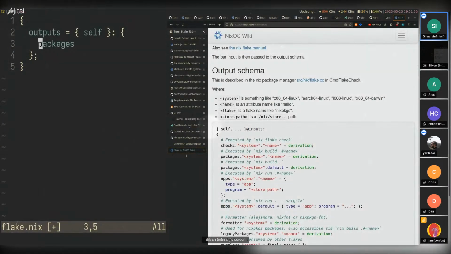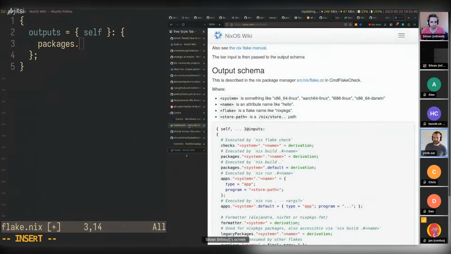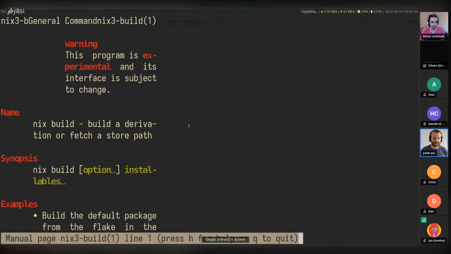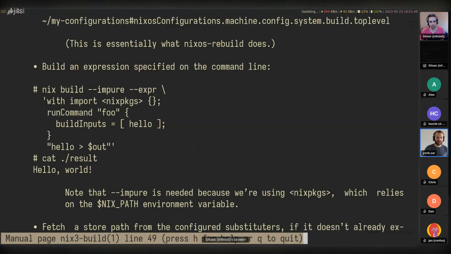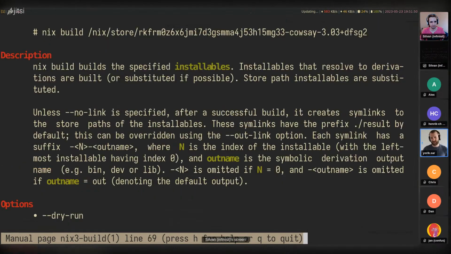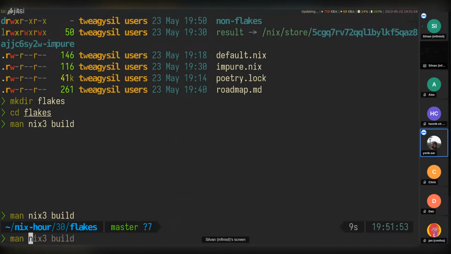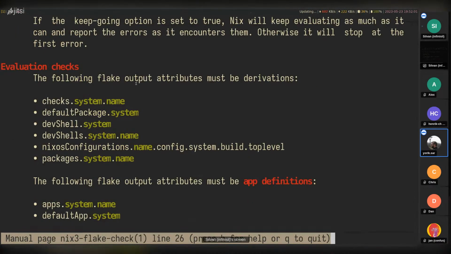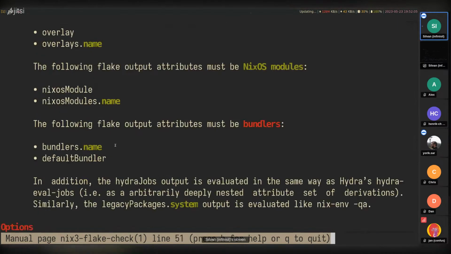But I believe it should also be documented somewhere. Inside the man page for nix build, there is what's expected, what outputs nix build expects, and nix shell and nix flake check also specify what they expect. I believe actually flake check, oh yeah, it has a little bit here at least. It has some documentation.